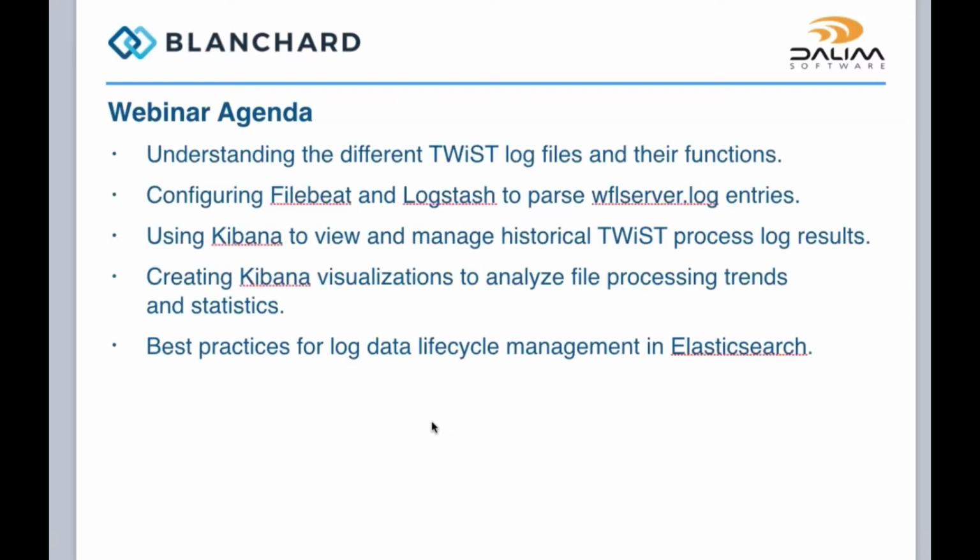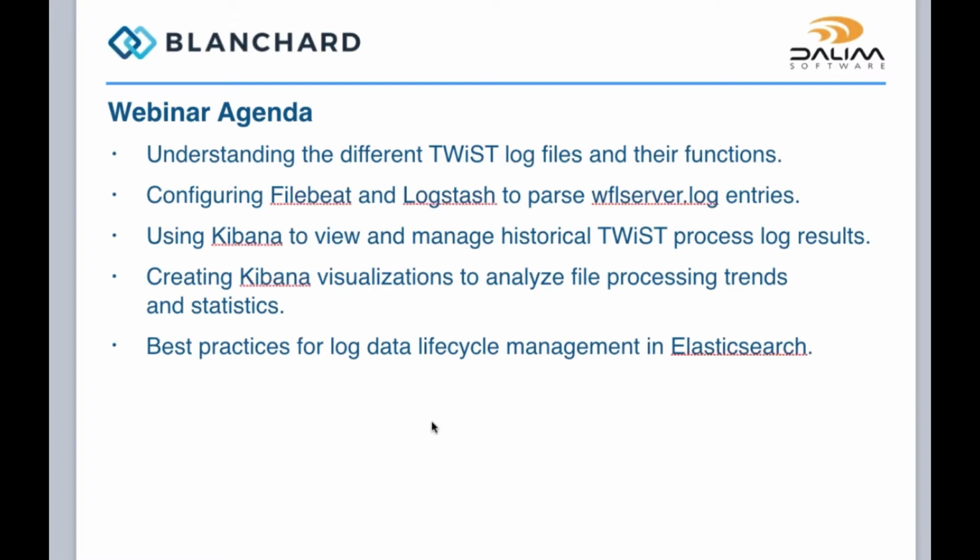As mentioned, we'll be talking about data mining and deciphering of Twist log files. This is one of those things that comes up time and time again where if you have files going through Twist, it's usually invaluable to see what went on in the process log for a specific file. And the trick is that usually those are pretty ephemeral, so once a file finishes processing, you lose access to that log, and there's ways of getting that information by digging through Twist log files, but that's a little hairy